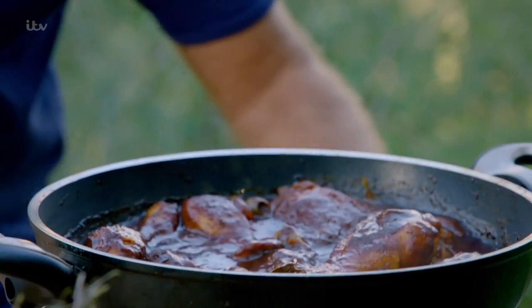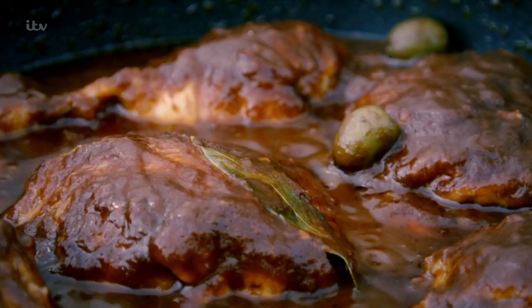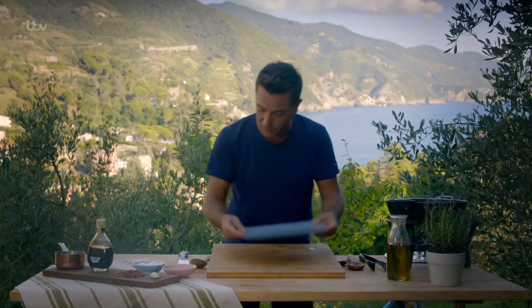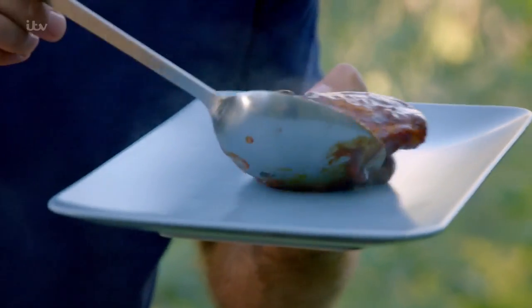Oh yes, the color is incredible. It kind of looks like when you do barbecue chicken, everything gets nice and sticky. That's the balsamic vinegar because it's sweet with the passata. Now let's put this together. This is gonna be